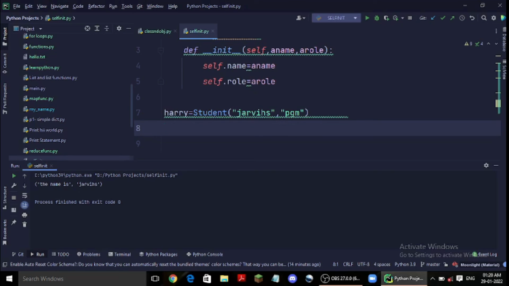Now suppose I call print, what is the, okay, dot role. Now if I run the program,